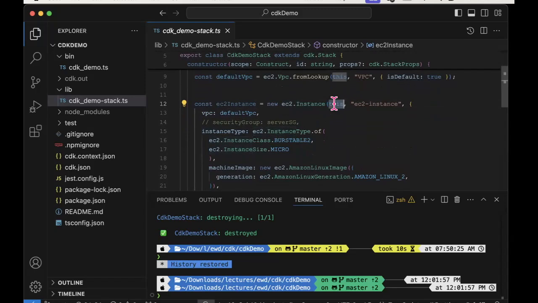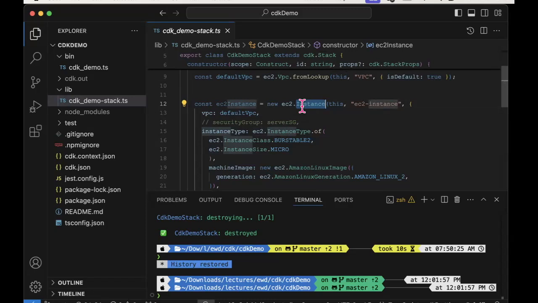Now, just to go back to our whole area of constructs, this is an example of an L2 construct. So when this is executed, not only will it create an EC2 instance, but it will create some other infrastructure resources as well, like IAM roles.